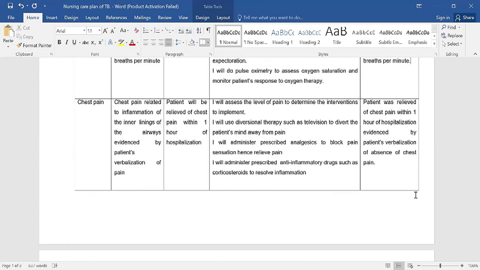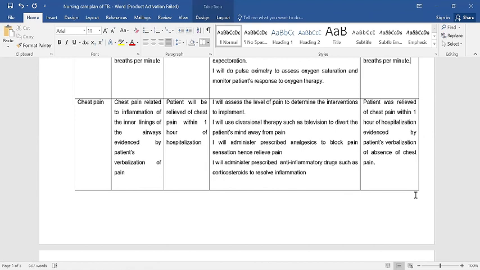From there, we can go to the next one, which is I will administer prescribed analgesics such as paracetamol. If the pain is very severe, you can give analgesics such as pethidine to block pain sensation, hence relieve pain. So we just want to relieve pain here. So that is the main